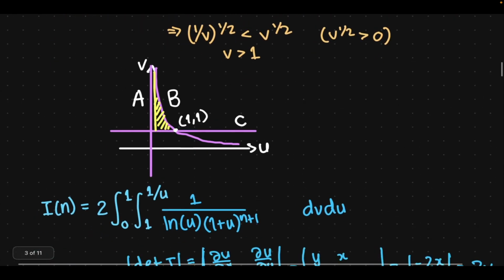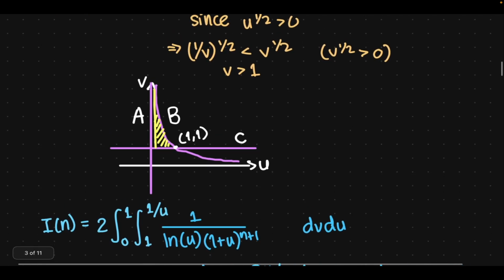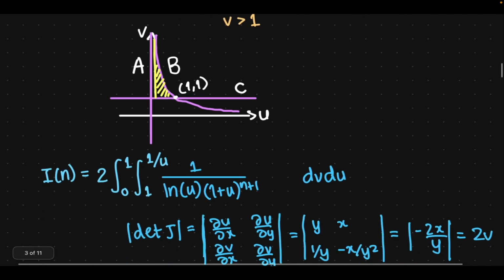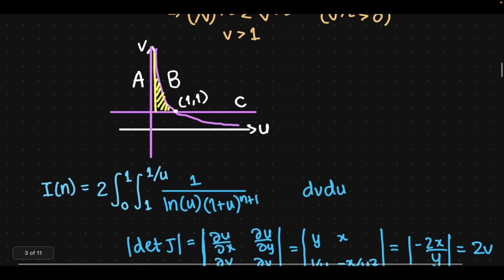Finally, with this change of variables, we have this integral. We have 2 times... Now the area actually is, let's see, v is going from 1 to 1 over u. So we have that. And then u is going from 0 to 1. Because again, if you consider the extent of this